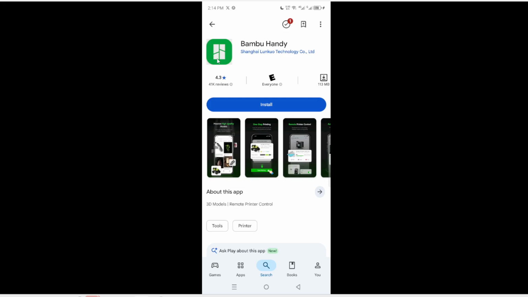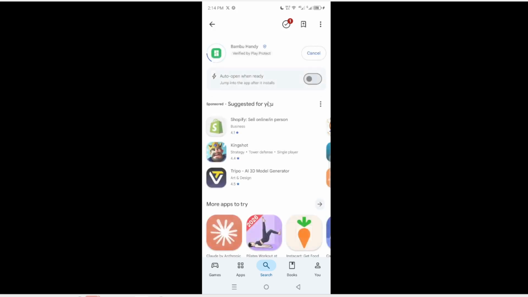track. After confirming the app, tap Install. This button is usually brightly colored and easy to find. Once you tap it, the app will begin downloading to your device. The download process may take a moment depending on your internet speed. You will see a progress bar indicating the download status. It's reassuring to know that once this step is complete, the app will be available on your device for immediate